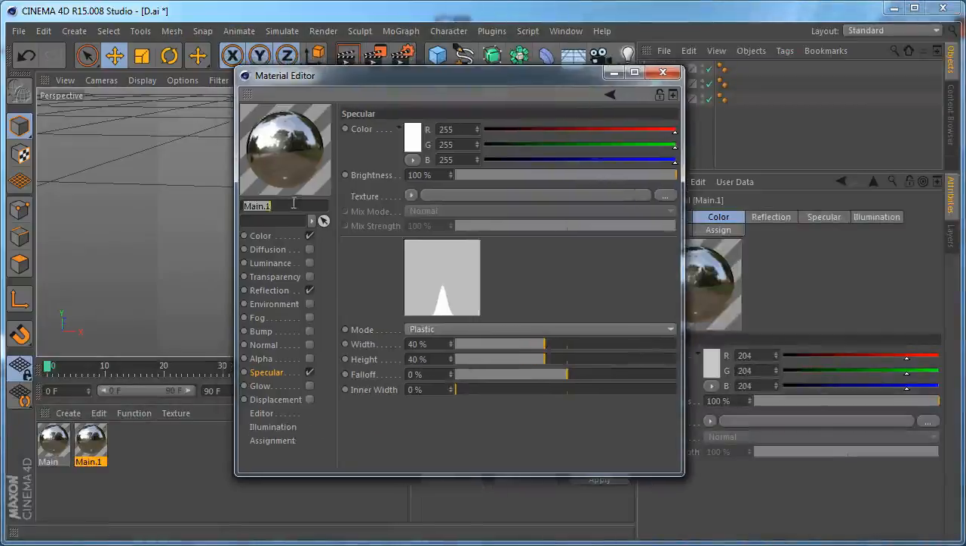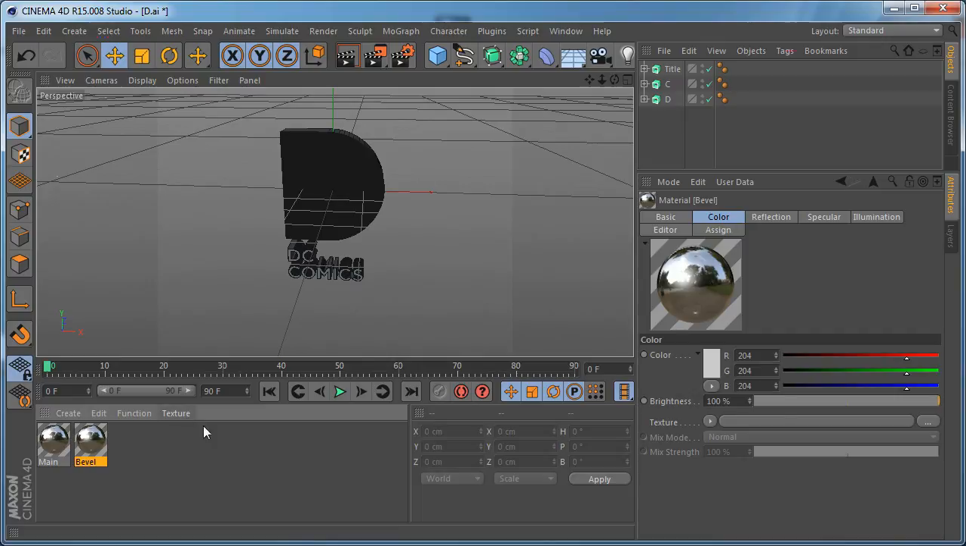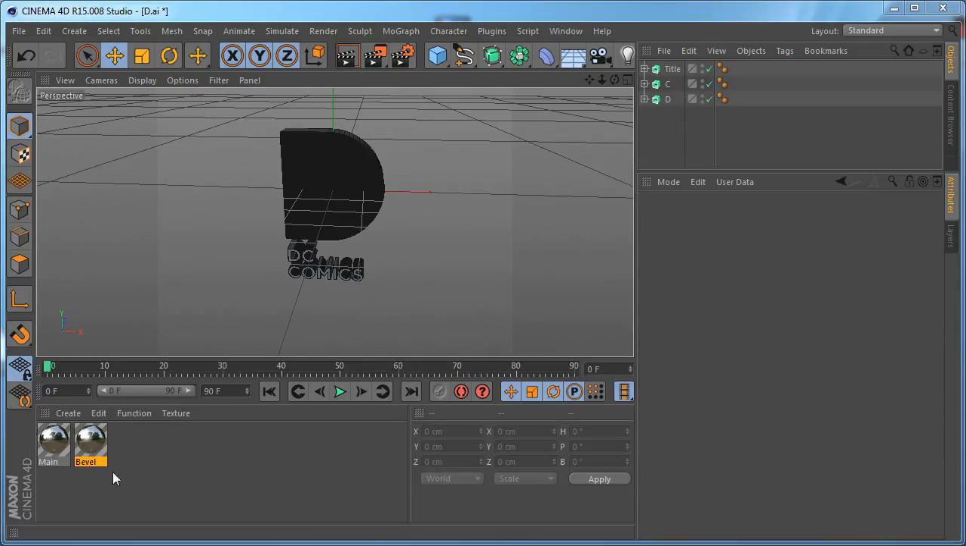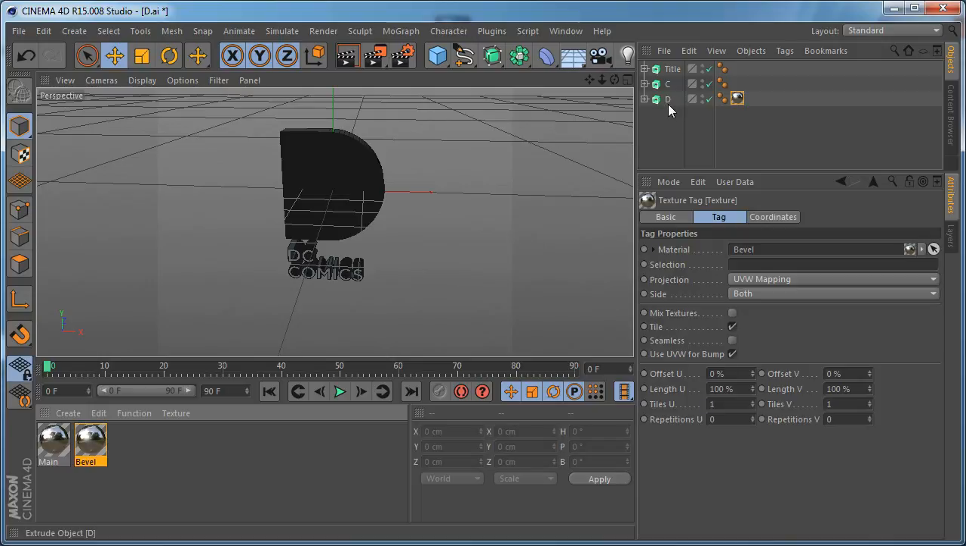And let's call this one bevel, and let's see, we need to increase the height of the specular a lot for the bevel and keep the same width as for the main material, and this is going to be applied only on the bevels of our logo. Let's apply the materials. Let's select the bevel and apply it to the D, and in the selection type R1